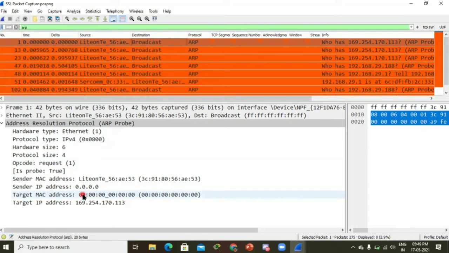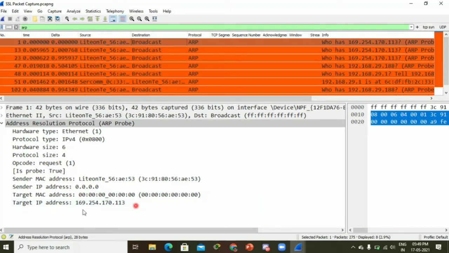ARP probes are used to detect duplicate addresses. So the target IP address is my IP address. What I'm doing here is sending my IP address as the target IP address, to check whether someone else has my IP address, so it is an APIPA.